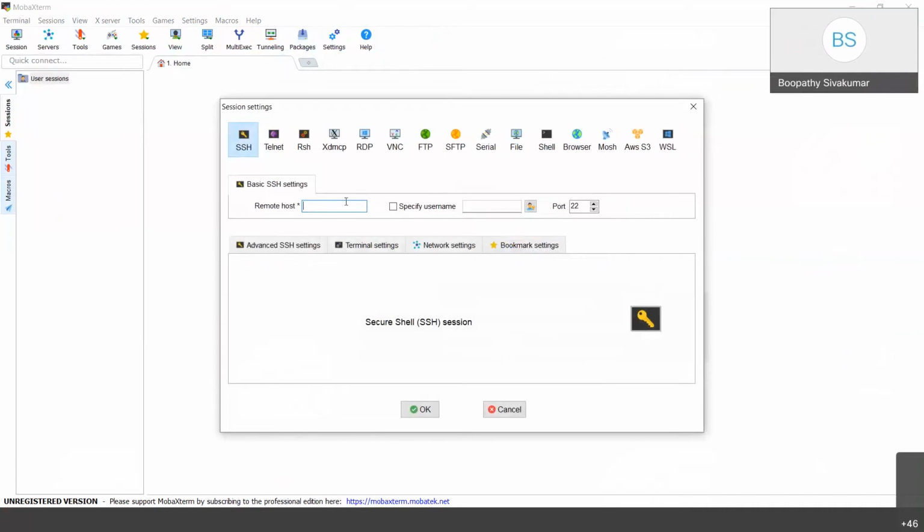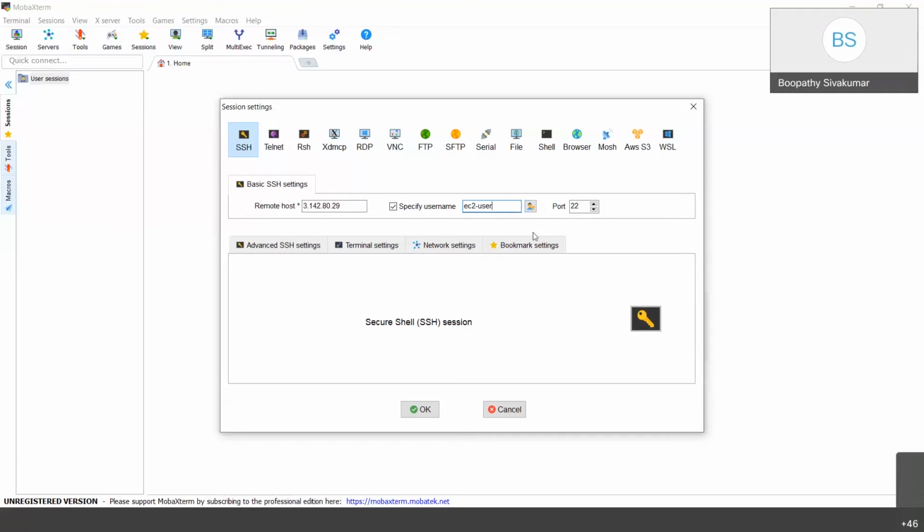Can you go and get the IP address of the EC2? You need to specify the username. By default, that system has the username ec2-user, everything in small letters: ec2-user.